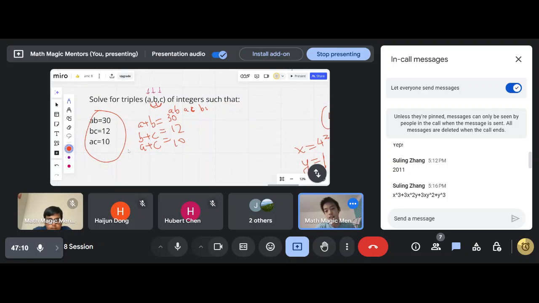a useful tactic would be to add all three of these equations, and that'll give us two, because we have two a's, two b's and two c's, so two times a plus b plus c, and then you get the sum here, and that will help us dramatically. So with that in mind,